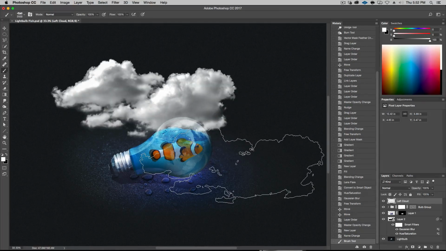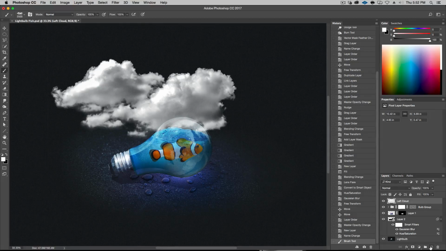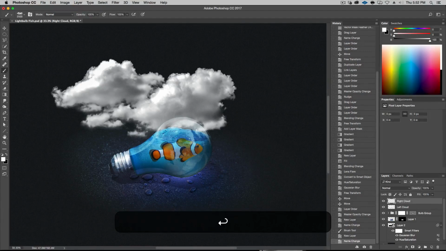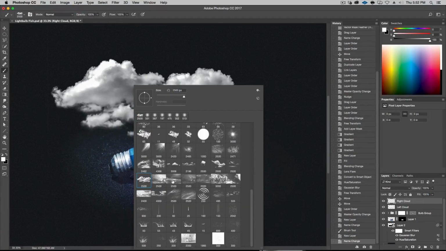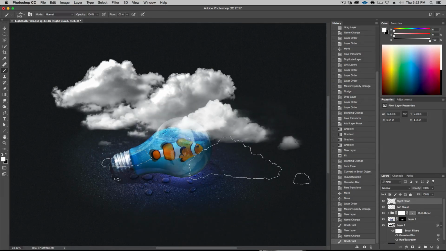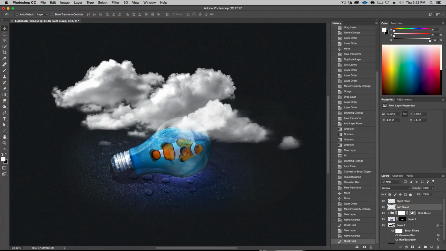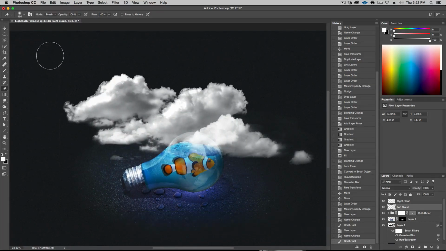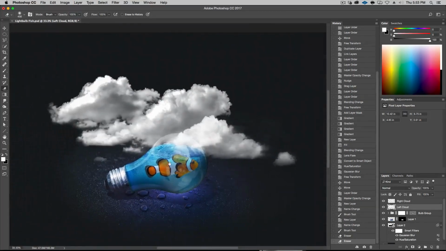Cool cloud right there. We're going to make another layer. We'll call this right cloud. And right click again. This time the other cloud that I put in that file is this one right here. Just click like so. And there we go. Now the first cloud has a little bit of artifact, so we're just going to go ahead and delete that. Hit E for the eraser tool, and see that little outline that's around here. Sorry about that. But there we go. Got rid of it. Not too hard.